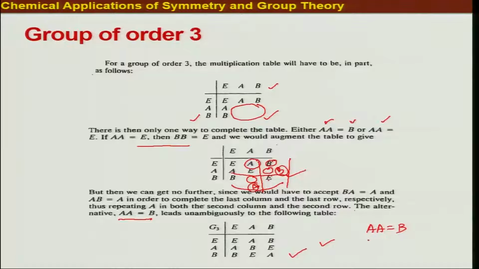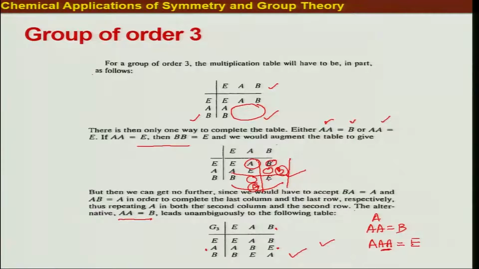Now we have first A, then A·A equals B, and then A³ equals E, right? You can see that easily, because here A² is B, so I can replace this part by B, so it is essentially AB, and let's see what AB means. A multiplied by B is E, that's what we have written.